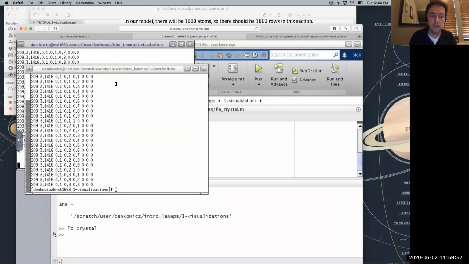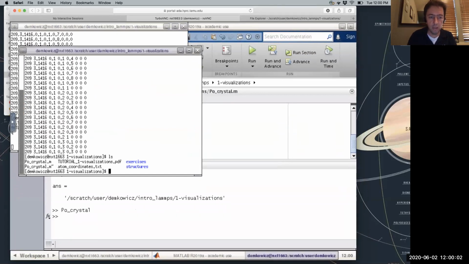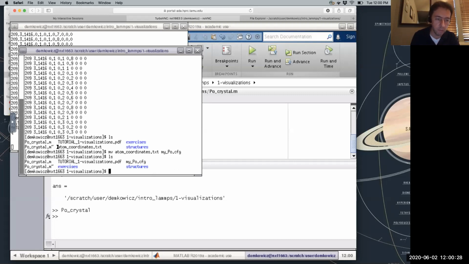So I'm just gonna go back here to atomize. I'm actually going to change the name of this from atom coordinates to something else. Rather than calling it atom coordinates, I'm going to call it my PO dot CFG. CFG is the name of the file format that uses that particular header. All that does is rename the file, so whereas before it was called this, now it's called this.